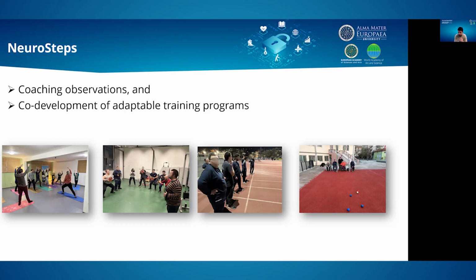The first two trainers are currently in Greece, and on this slide you can see some examples of the activities they are involved in, such as yoga sessions, activities in the fitness center, athletics, and boccia. This is a special, adapted activity for people with special needs. These experiences help them better understand how to design inclusive activities and adapt them to the needs of participants.